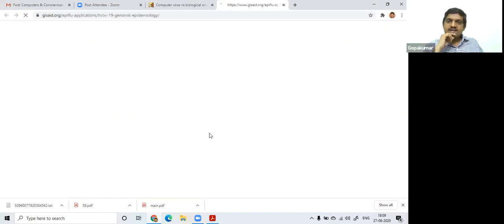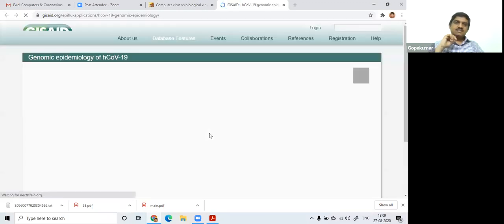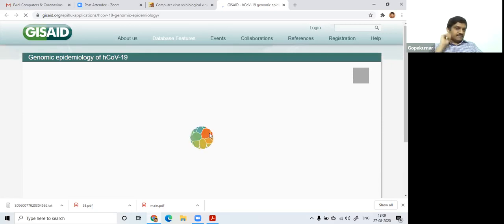So here what you will be seeing is that from the first corona, this SARS-CoV-2 virus or SCOV-19, whatever the terminology that we use, we can see all the sequences that have been deposited in this particular website, okay, with their details, and maybe their evolutionary relations are also displayed, or can be studied from that point of view.